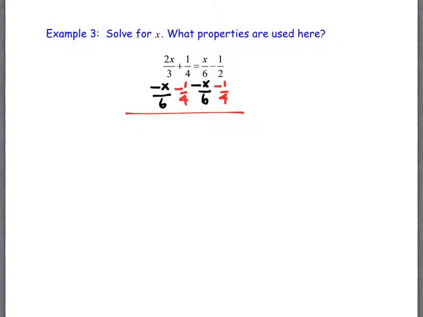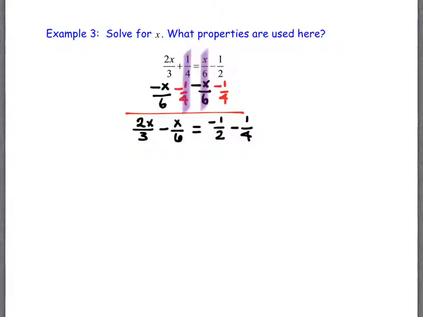If this were spread out a little bit bigger, it would be a little bit clearer. But I'm not actually going to combine anything. I'm just going to rewrite what I've got here. Notice the whole point in doing this is that these add to 0, and these add to 0, right? Those 2 columns become 0. So I'm going to write down that I've got 2x over 3 minus x over 6 equals negative 1/2 minus 1/4. And believe it or not, we've done 3 properties to allow us to do that on that